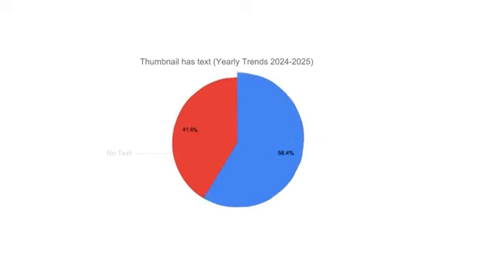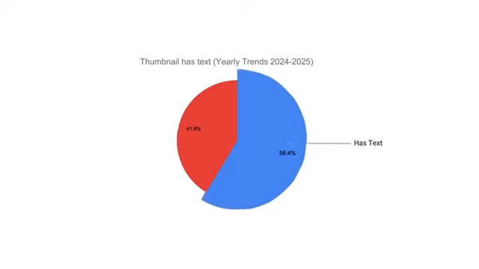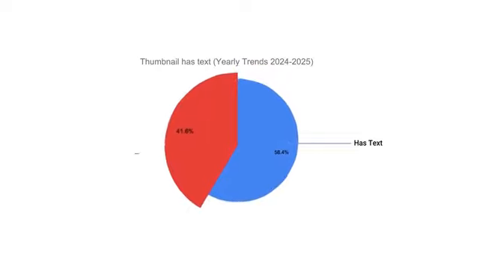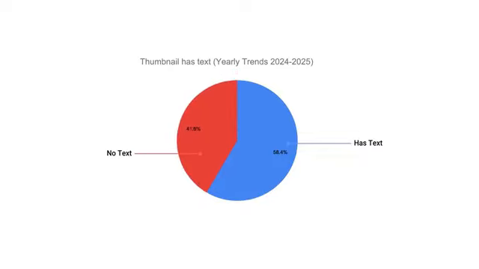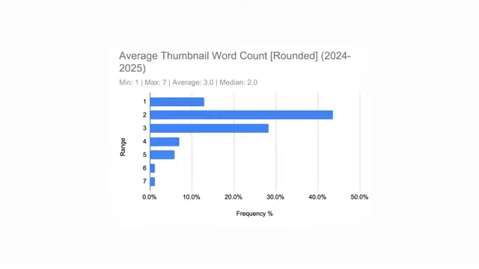And bear in mind, if a thumbnail has any clearly visible words in it, for example, like text on this shirt or this sign, it's going to be lumped into this 58%. So if we excluded those, the percentage of top YouTubers primarily opting for no text thumbnails would probably be even higher. So based on this data, it looks like a surprising amount of big YouTubers prefer to show rather than tell when it comes to thumbnails. In saying that, 58% of the top YouTubers do usually put text in their thumbnails. And out of those creators, this graph shows how many words on average they put in their thumbnails. And it shows us when the top channels do add text, it's usually between 1 to 3 words. Unless you're MrBeast, who can somehow get away with thumbnails like this.